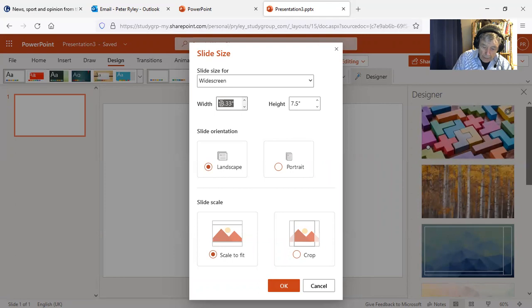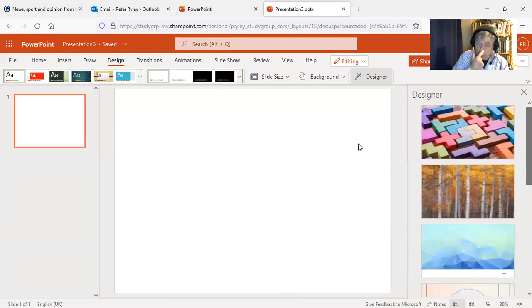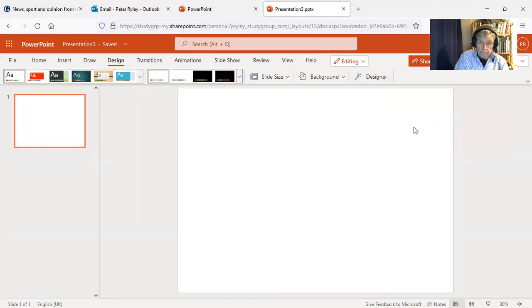So let's try something like 25 to 18. And we're going to have landscape orientation. Okay, so I don't want this thing over here. All right, so I've selected my size. Next thing I'm going to do,